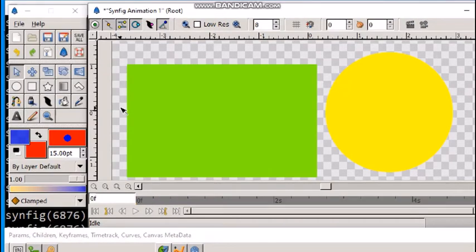And the next tool is the eyedrop tool. Children, this is eyedrop tool. The eyedrop tool allows you to select colors from the work area. Here in the work area or on the canvas, a rectangle is drawn which is of green color. But this foreground color is blue, dark blue color, and background color is orange.